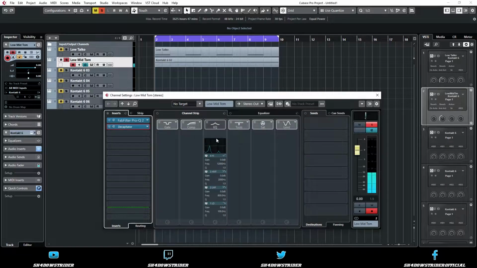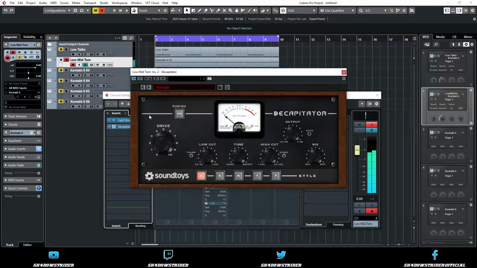The next thing I did is add some saturation to the sound using the Decapitator plugin. You can use any saturation VST effect, it is not necessary to get this one, but it is definitely a good one to have. I gave it a small drive boost at around 2 and then played around with the mix and output since I did not want it to be too harsh and too imposing in the overall mix